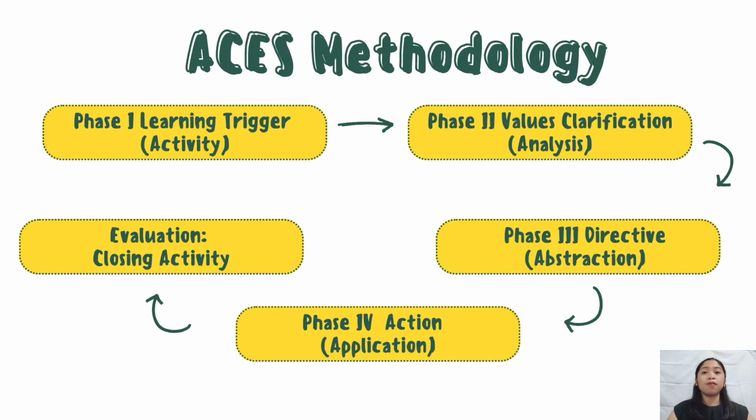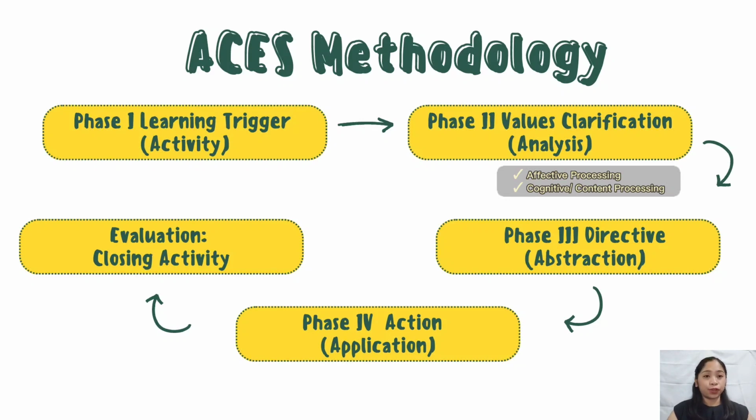Now, the next phase is the values clarification phase, or also known as analysis. Now, the clarification process takes a more in-depth analysis in the second phase of value learning, because learning obtained from self-analysis and or group discussion are analyzed and processed by the teacher facilitator. Now, analysis of the learning process has 2 phases, namely the affective processing and the cognitive or content processing.